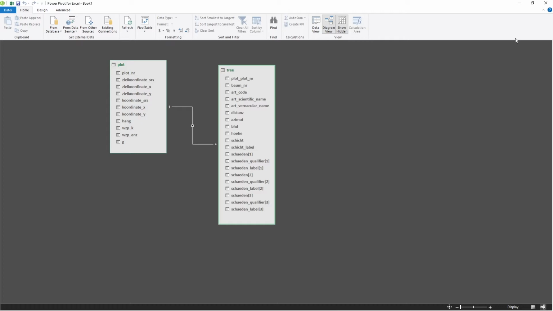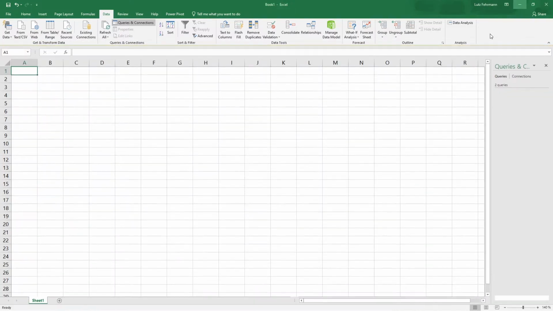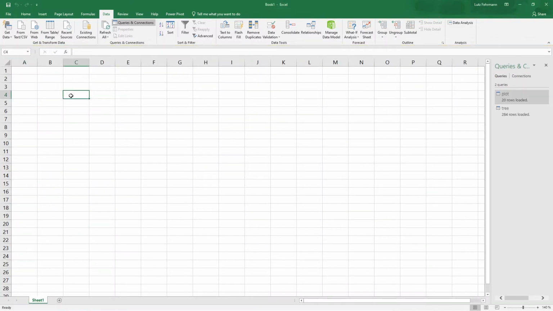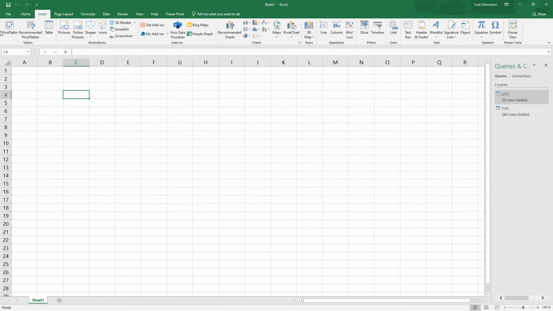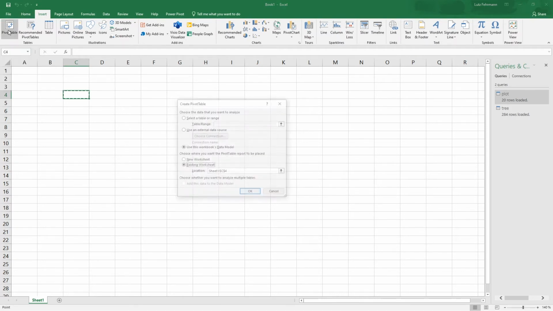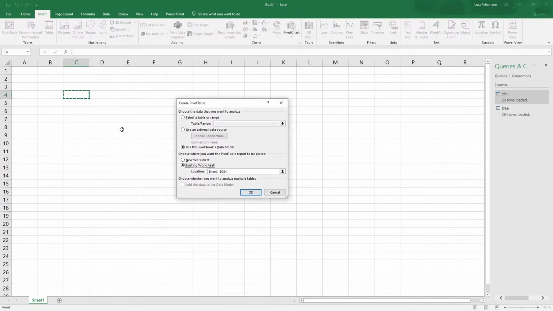If you go back to Excel now by minimizing this data model, you still see nothing here. But what we can do now is test whether this relation works. For this purpose, I like to insert a pivot table. Most of you probably know pivot tables.